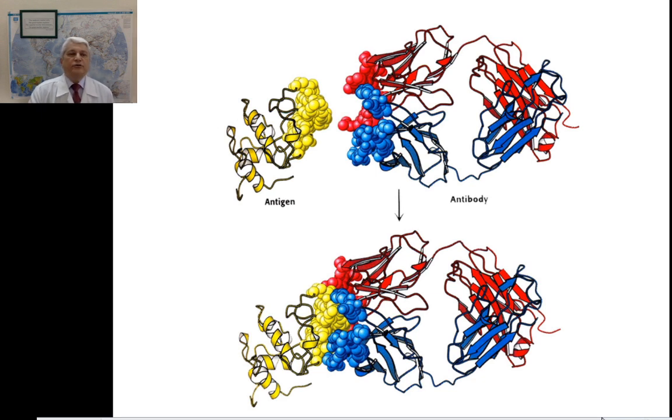My question, what is shown here? Look carefully, and you will, I think, simply understand that this is a Fab fragment of immunoglobulin. Blue color shows the part of heavy chain, and red color shows light chain. And yellow is